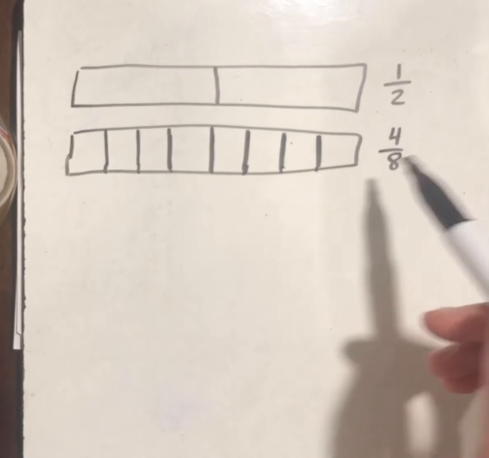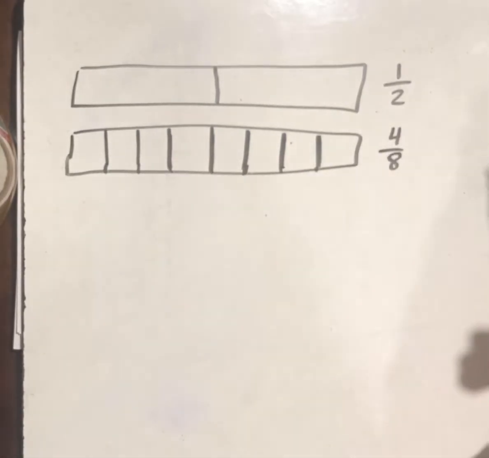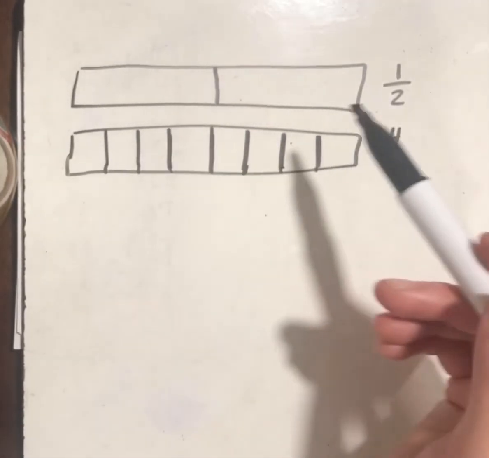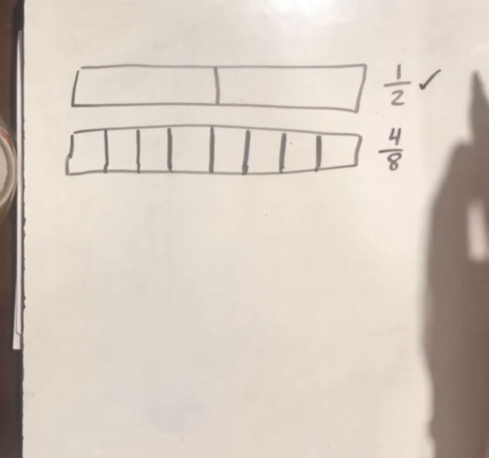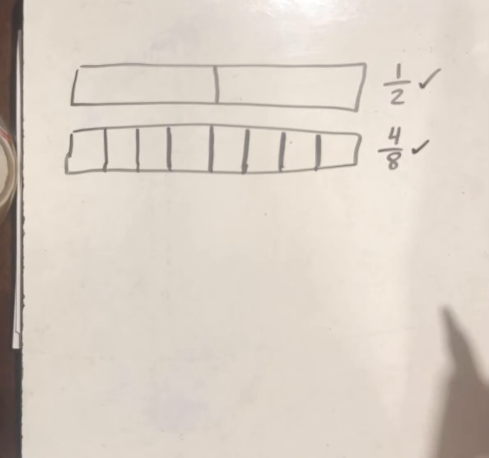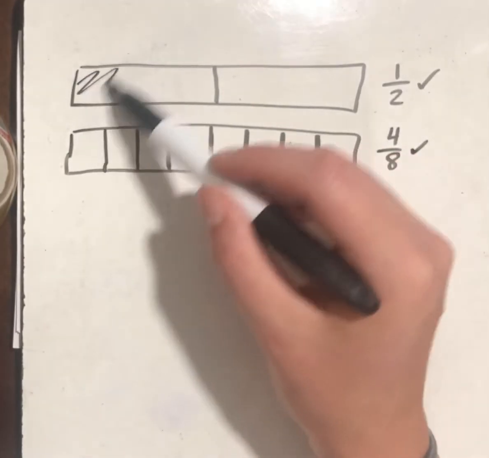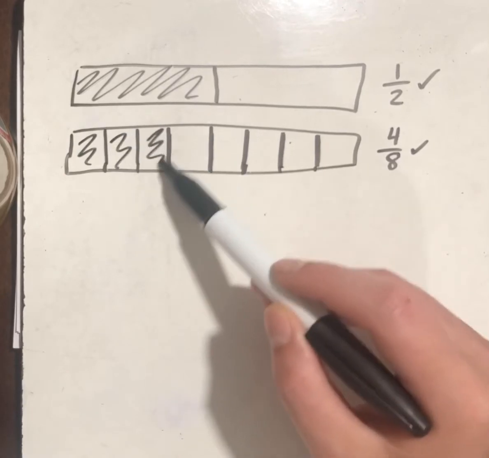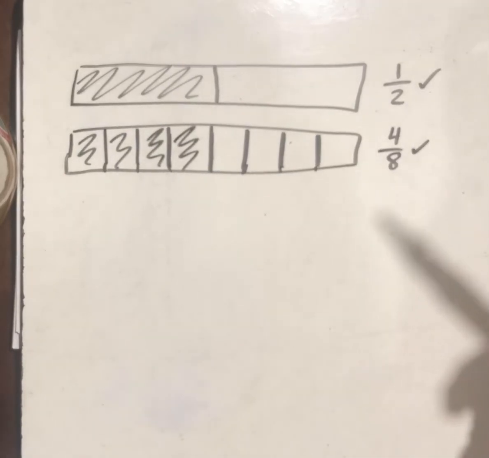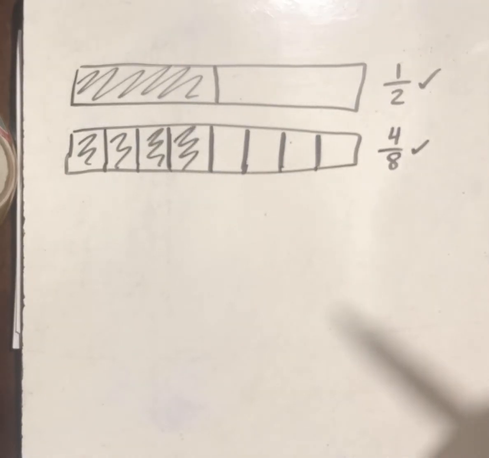So we cut two strips and we made them into equivalent fractions. So what 1/2 and 4/8 is saying is that 1/2 looks like this, and then 4/8 looks like this. So they are equivalent fractions, and